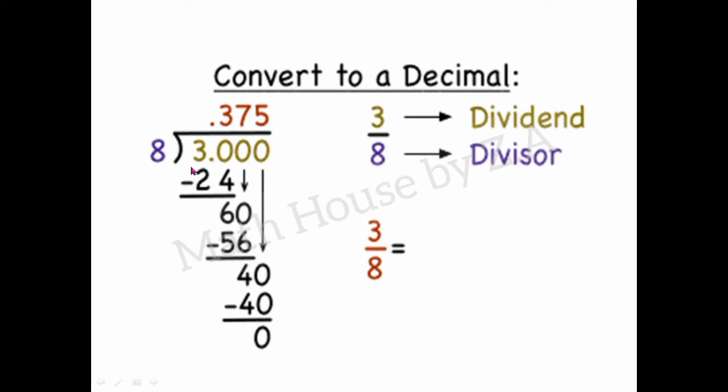So what to do now? Now we put our decimal point after the 3, and at the same time we put our decimal point in the quotient. Now we can put zeros according to our need. How many zeros can we put here? It's up to us. So here first I put a 0 here, and it becomes 30 now. So we can divide 30 by 8 easily.